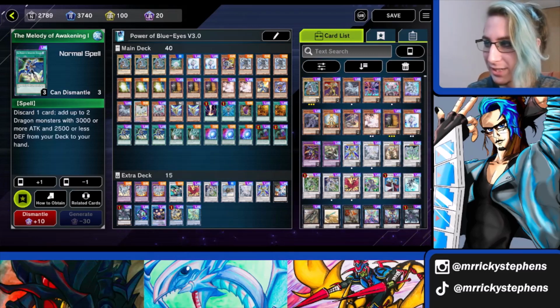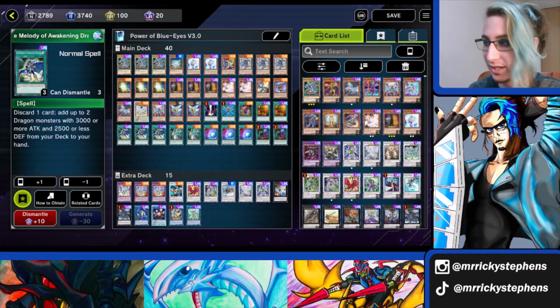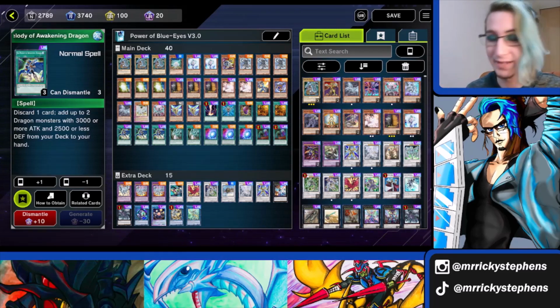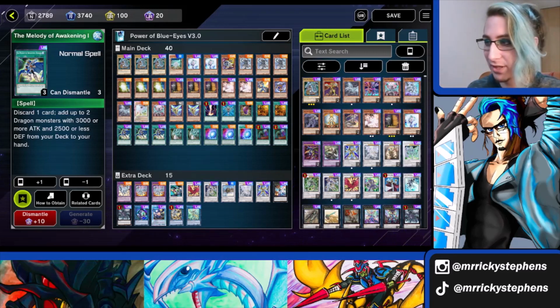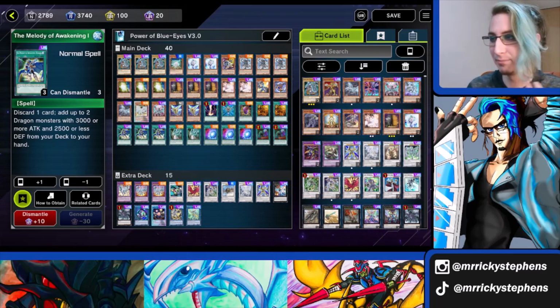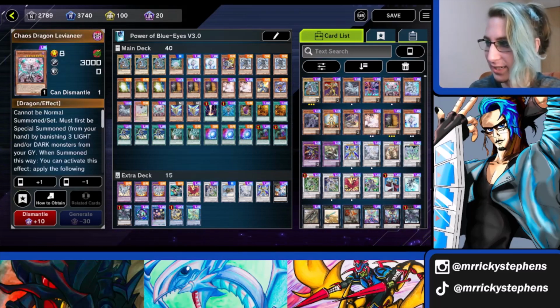Melody of Awakening Dragon, very, very standard in Blue Eyes builds. You're running it at 3 no matter what Blue Eyes build you're doing because it's just that good. Discard a card, add up to 2 dragon monsters with 3,000 or more attack points and 2,500 or less defense points from your deck to your hand. Any dragon monster with 3,000 or more attack and 2,500 or less defense, which obviously means Blue Eyes White Dragons, the vanilla or alternative,